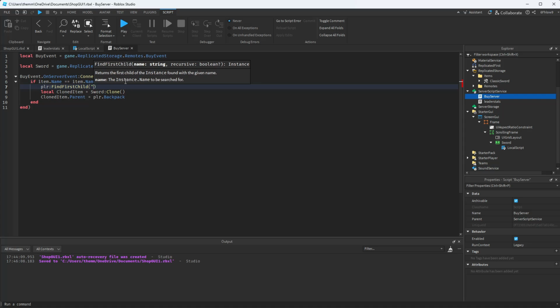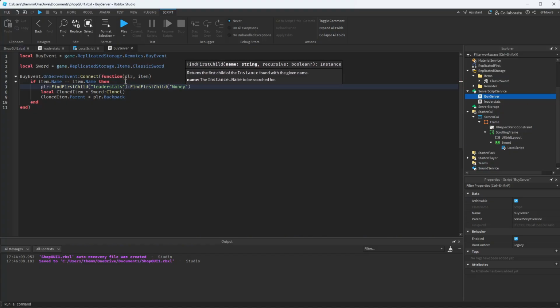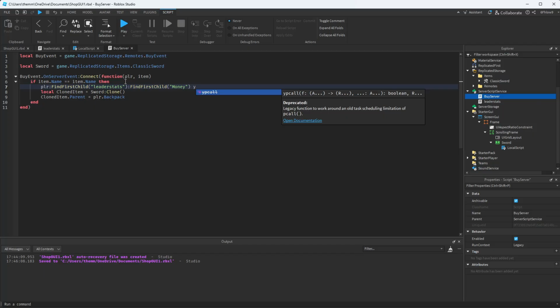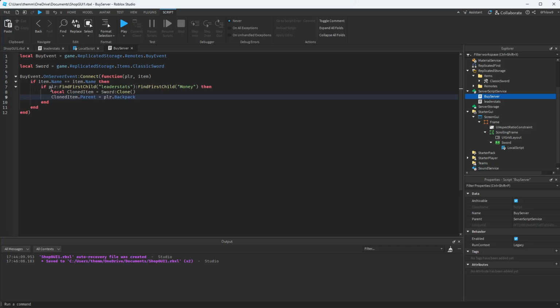Okay, so leaderstats:FindFirstChild("money"), then if. So if the player has a leaderstats folder, and inside of there has money,